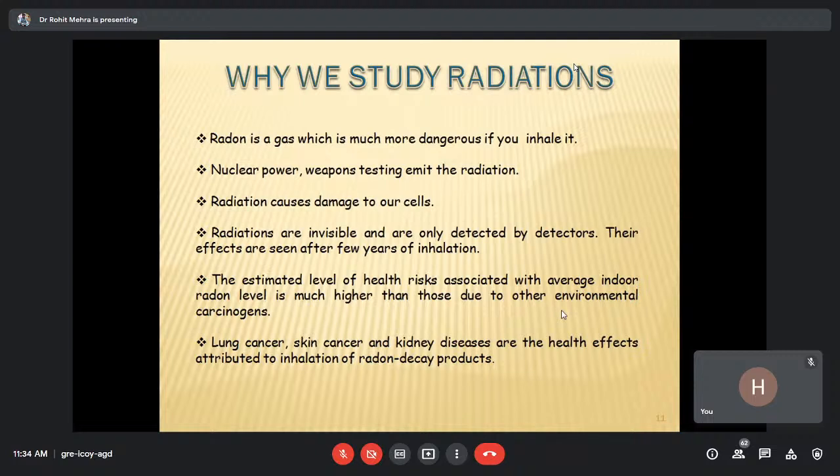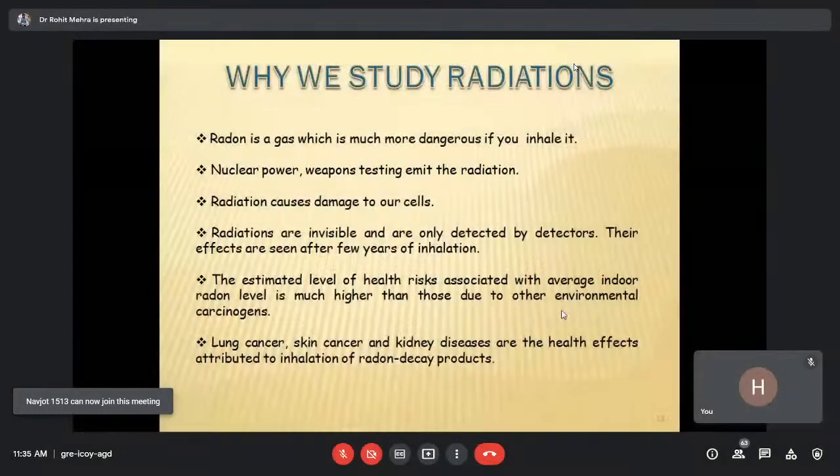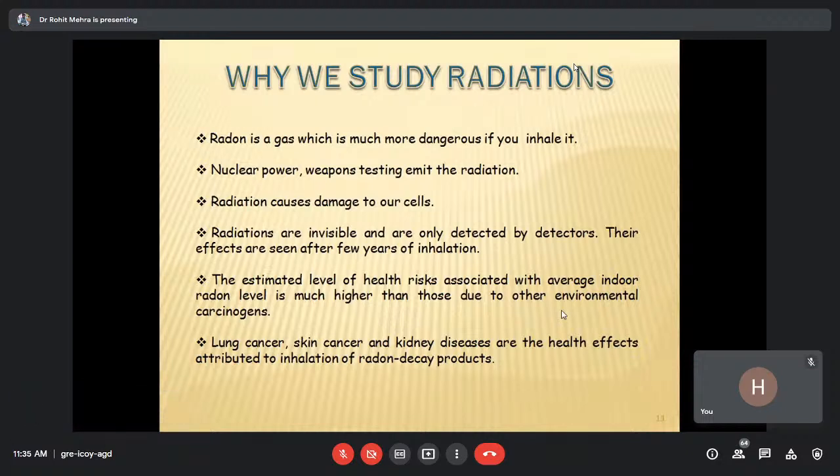Suppose you are using granite in your houses. As a physicist, or even as a geologist, or a person who works in the study of rock samples, he or she can very easily tell you that granites are naturally radioactive, because granitic rocks are generally found with high concentrations of uranium. So more and more use of granite will definitely mean more and more radiation accumulation in your houses. And nowadays, we have different types of construction.